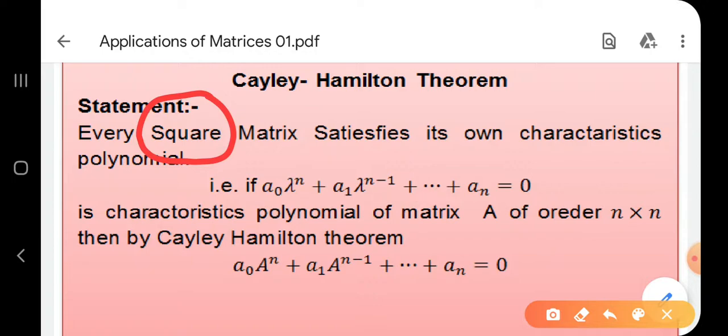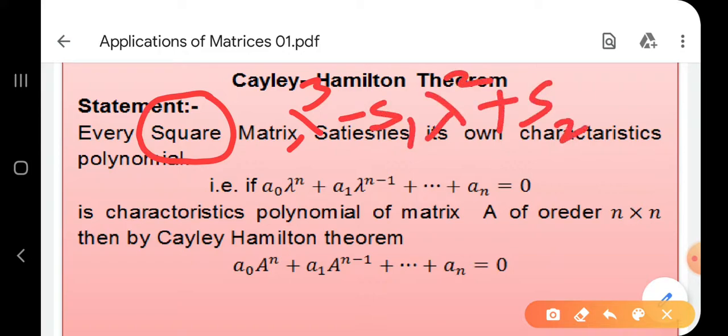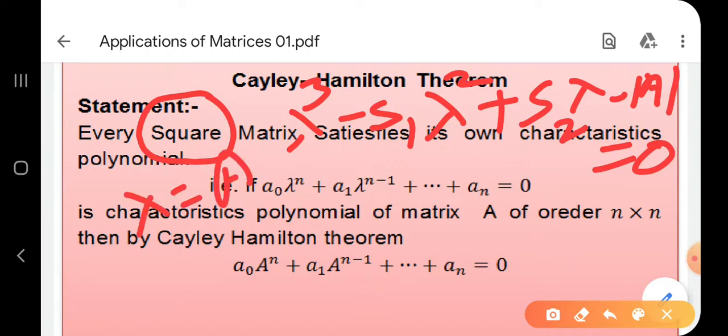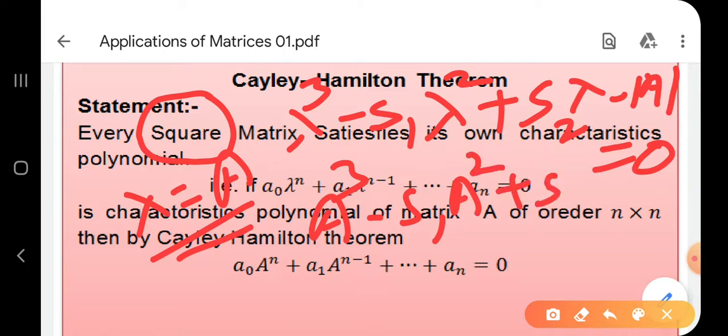So what is our characteristic equation here? For a 3 by 3 matrix, we can write lambda cube minus s1 lambda square plus s2 lambda minus determinant of A is equal to 0. This is our characteristic equation. In place of lambda, if I substitute A, then I get A cube minus s1 A square plus s2 A minus determinant of A